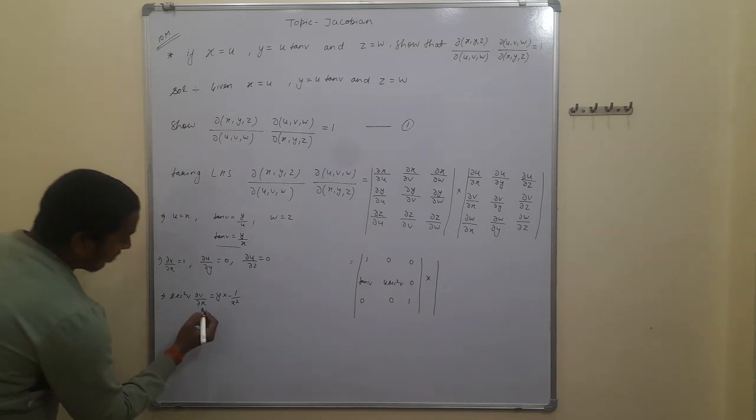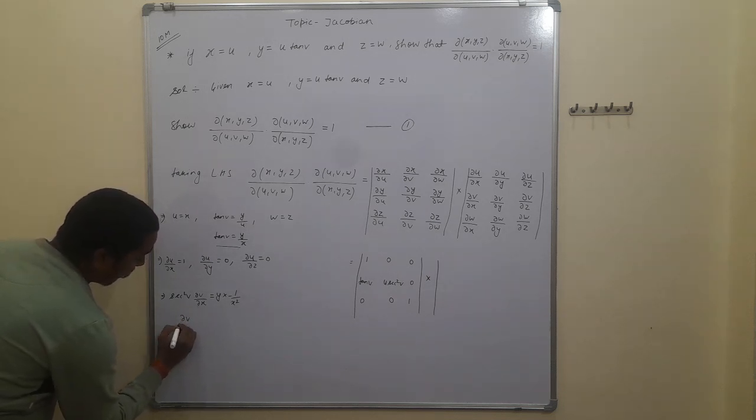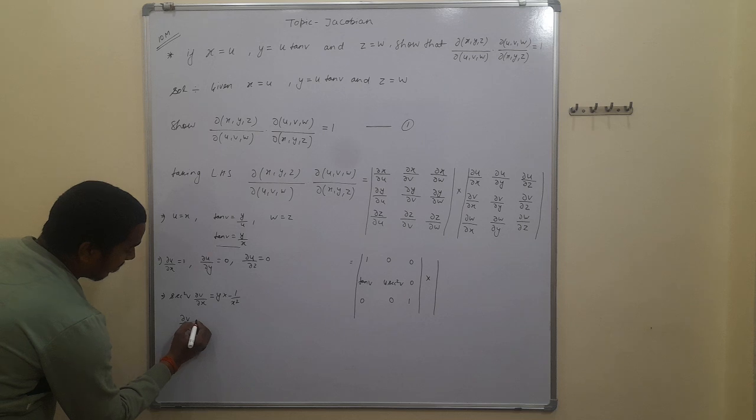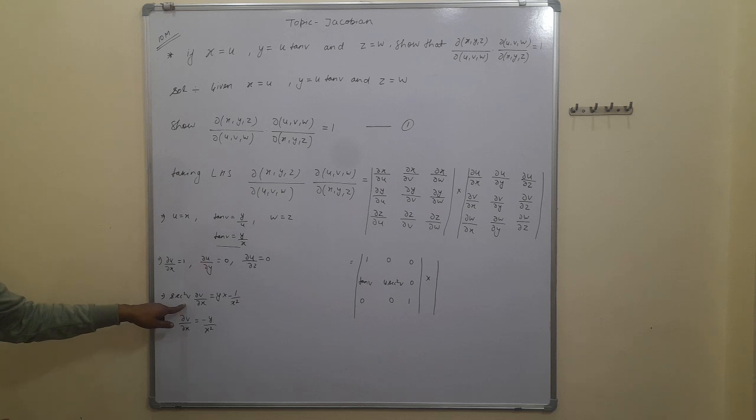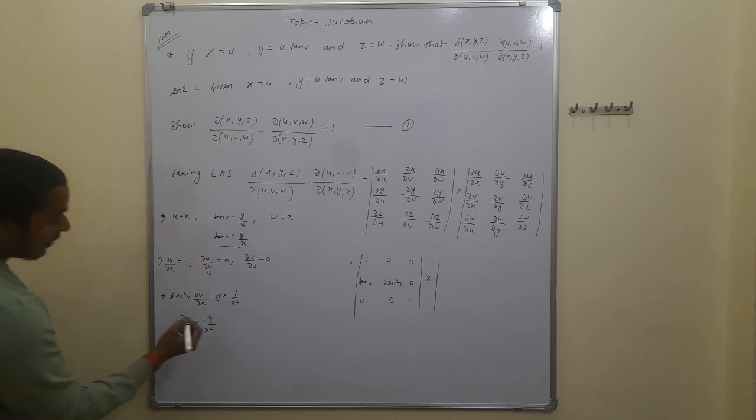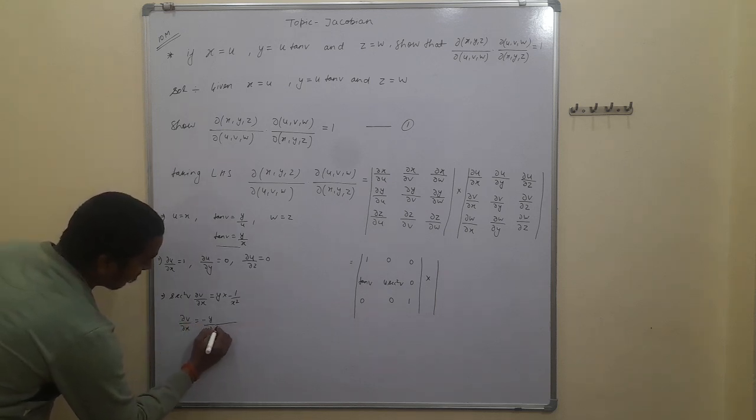Further we write ∂v/∂x is minus y upon x square, and sec square v is taken into the denominator, and sec square v is written as 1 plus tan square v,